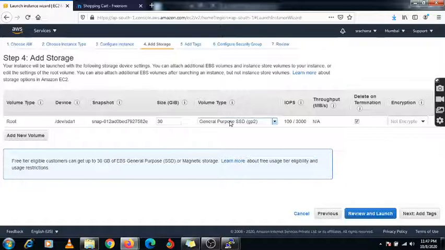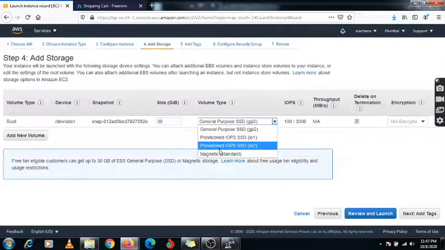The same concept we can apply here, that is the elastic block storage. And under this elastic block storage, this is my root file system, which means where the Linux OS is installed. This /dev/sda1 is my disk name, and on this disk my OS is going to be installed. So this is my bootable disk. For the bootable disk we are using these 4 options. These 4 options you can use to install your OS.